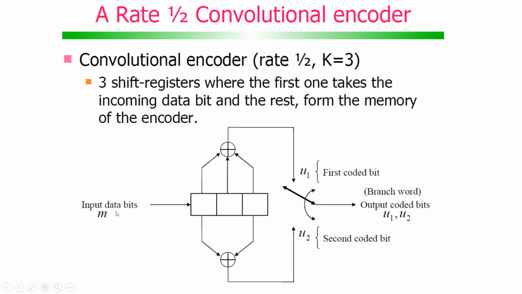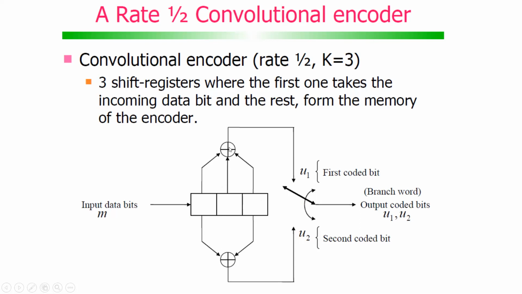So one by one, the bits will transfer into the shift register. This XOR gate takes as input the input bit, the first bit in the shift register, and the second bit also in the shift register. All 3 bits will be XORed, and that gives a bit which is U1. All right. Look at the second XOR gate. The input to this XOR gate is the input bit, which comes from here, and the third bit of the shift register.